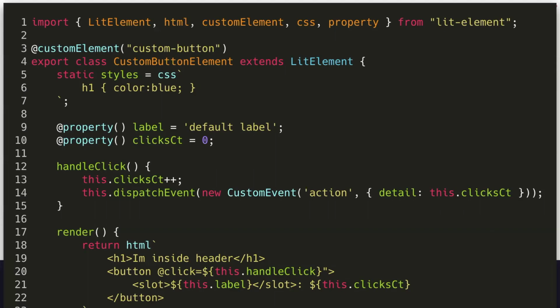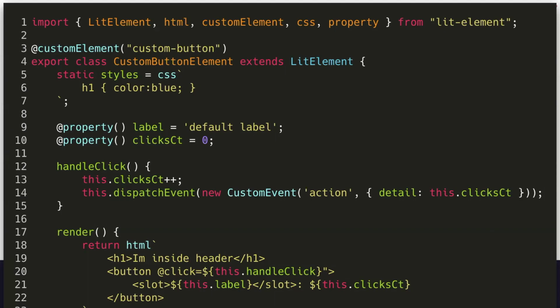So this is in TypeScript. Lit Element is very much built for TypeScript. And you see that we have some similar things. We have our class, like when we do it ourselves, and then we register it with a decorator on top of it instead of calling it imperatively. And we do the same things for properties that we want to keep in sync.